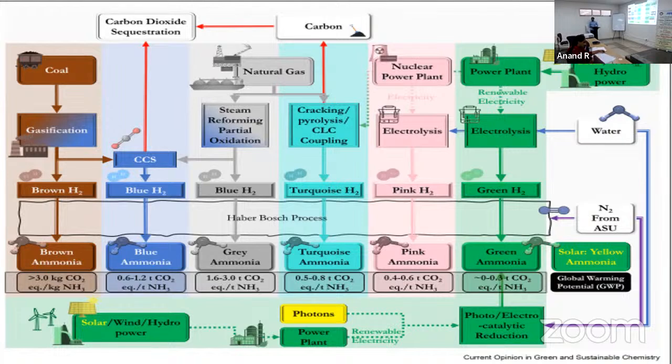Take any one process. Don't take bulk, because bulk analysis is very difficult. You have to consider a very small portion, gate to gate. Then you have to combine all the gate to gate aspects, and then combine into cradle to grave. So you have to build like that. Do it for any one process, one system, completely taking everything into account. Then you will be able to do it for any system.